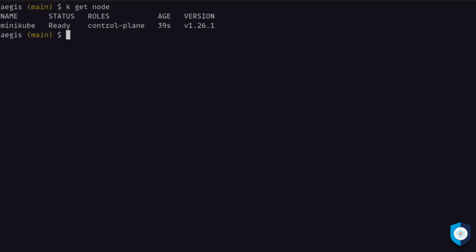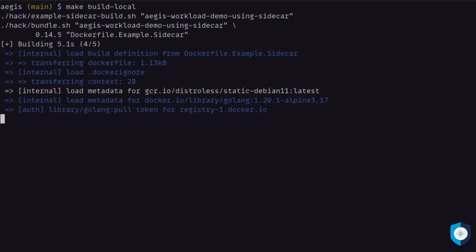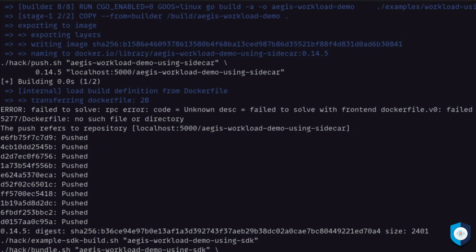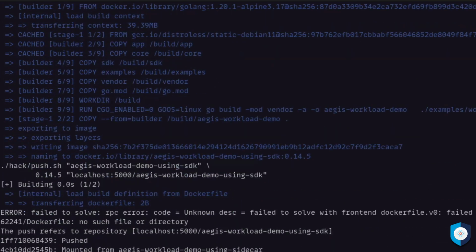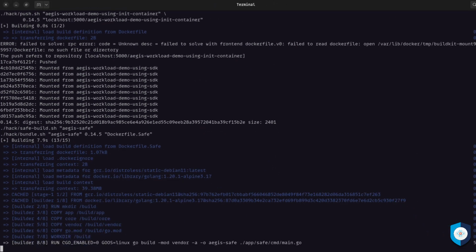So what's next? Let's do a make help again to see what we can do next. We want to build our source code into container images, and for that I'll run a make build local because I want to use the local Kubernetes registry on my machine to speed up my development cycles. I also want to first test my local development, and if everything is well, if this current version of Aegis passes the integration tests at least, only then will I tag a new release and push it to the global Docker registry,